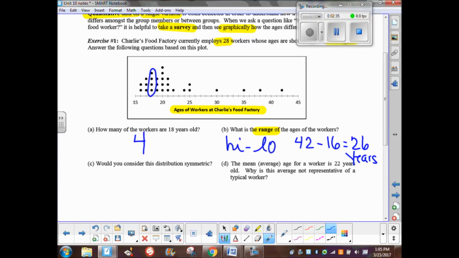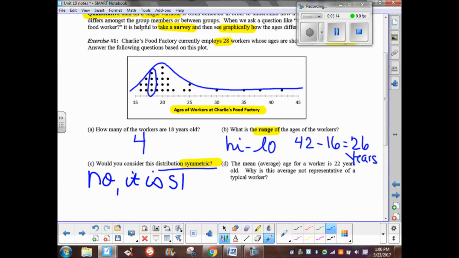It says, would you consider this distribution symmetric? So when you look at this whole graph in its entirety, okay, from left to right, the whole thing, does it look symmetrical? What do you think? No. Okay. So it's not. So when I look at it, it kind of does this. And what that means is it's skewed. Okay. If it's not symmetric, it's skewed. So would you consider this distribution symmetric? No. It is skewed,